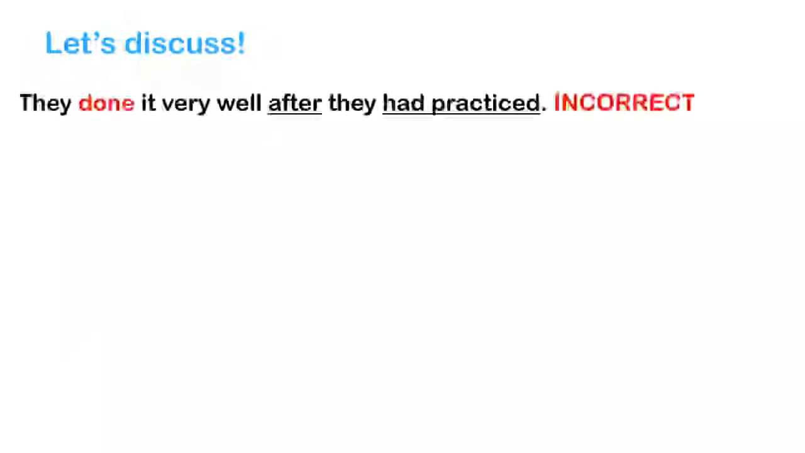Alright, let's check the examples one by one. For the first pair, the first sentence is incorrect. Why? Because we can see that here it has the adverb after, and it is followed by the verb had practiced. That is a past perfect form, which tells us that it happened in the past. In fact, done is a past participle, or as I call it, verb 3. So the correct one is